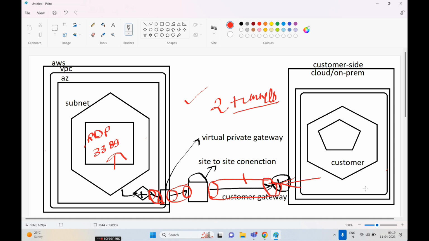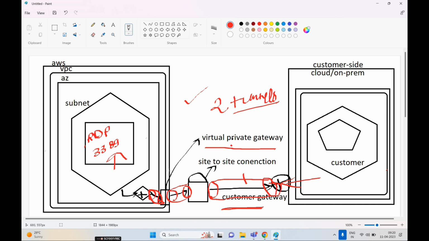And the customer gateway or the virtual private gateway is like an AWS resource which provides information to AWS about the customer gateway. See, this is the private gateway and the customer gateway. Virtual private gateway is used to guide the path from where to where the data should flow, and the customer gateway is the gateway which helps AWS to get the information about the customer,